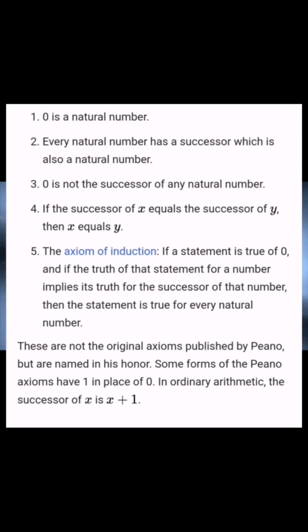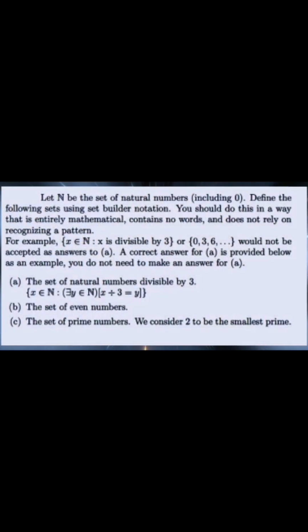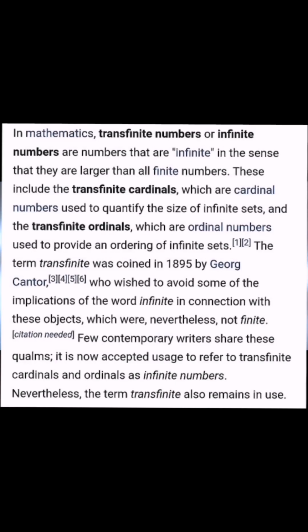But the repetitive successor operation of those natural numbers is not enough to create the entire set of natural numbers. That's why we denote the entire set of natural numbers as N, because there's always going to be the next number. We cannot know which next number is like the entire set in itself. That's why it's called infinite, and why it's transfinite beyond all finite numbers, which can be repetitively stacked upon because of the language of basic arithmetics, and not only that, because of how the successor function